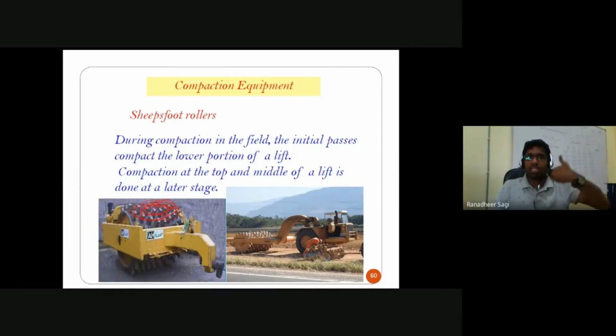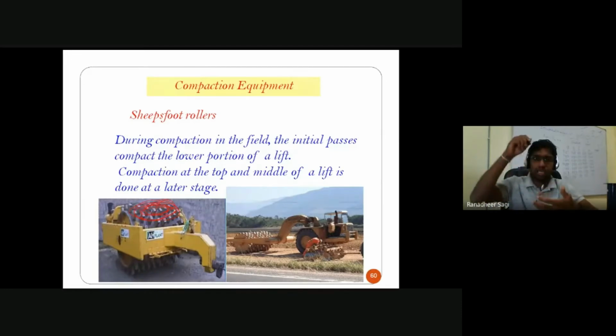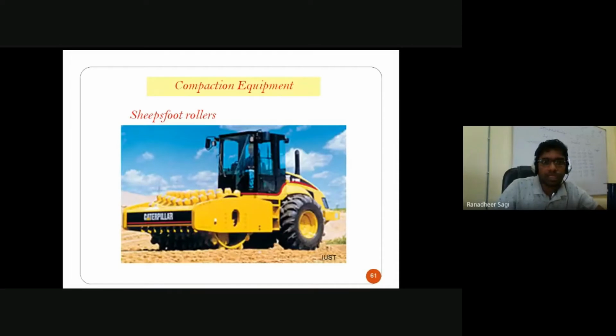Whenever the roller starts rolling, that extra projection penetrates into the ground, and the soil particles which are coming in contact will be pushed relatively into the ground. In the process, the bottom layers get more densified in the starting phases, and then upon densification of the bottom layer, your top layers subsequently get compacted. This is how typically the equipment looks like.